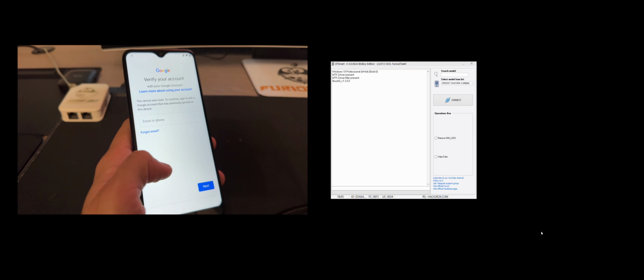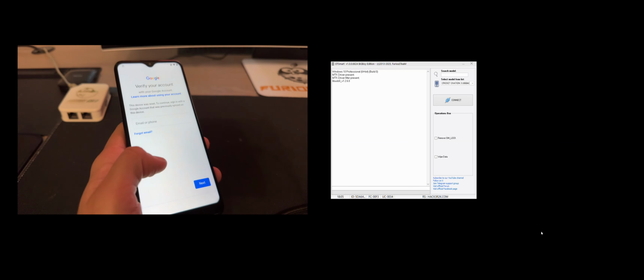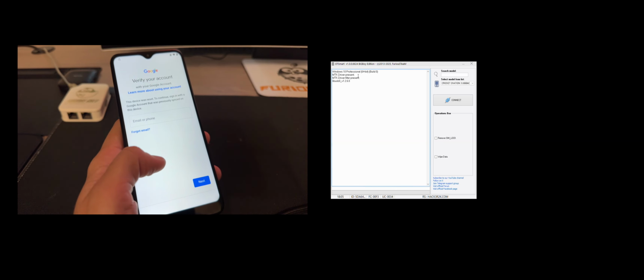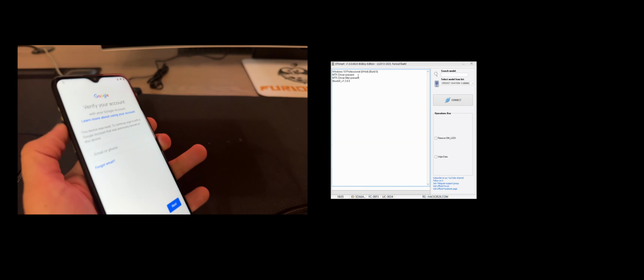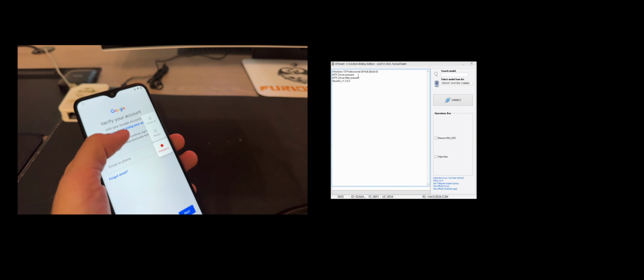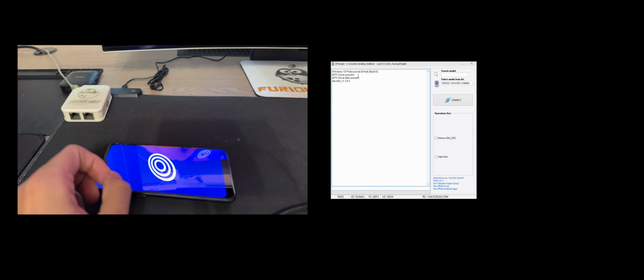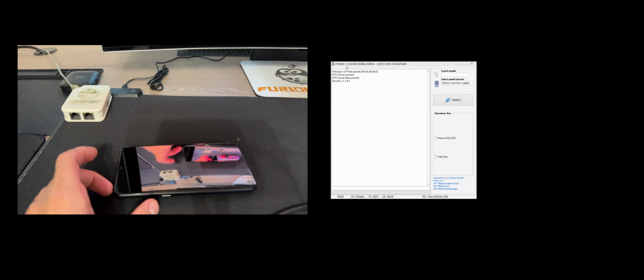used for the configuration. Since we don't know it anymore, I'm going to use Furious Gold Smart module from pack 6 to remove it. So let's start by powering off the device. And once the device is off, I'm going to